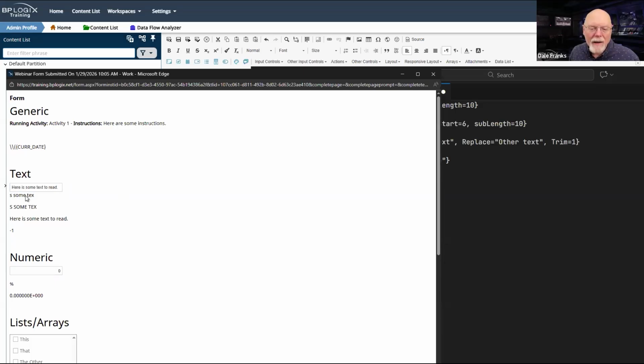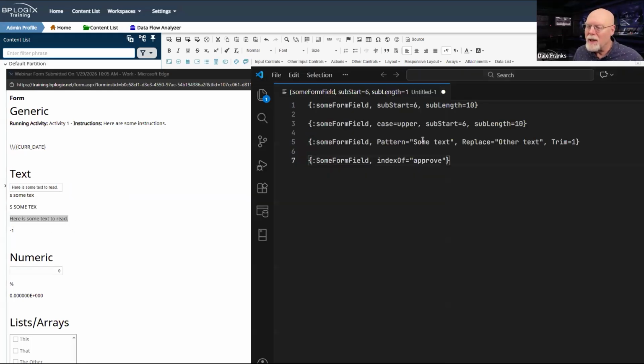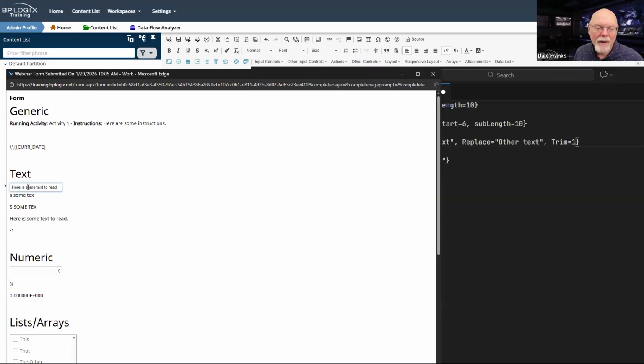So again, I'm still getting the same features from my substring search index. It's returning that. But now I've got here is some text to read. And the pattern is some text. So let's do that. Here is some text to read.